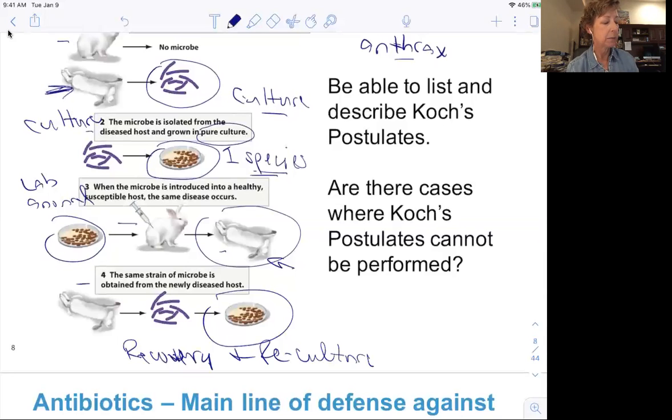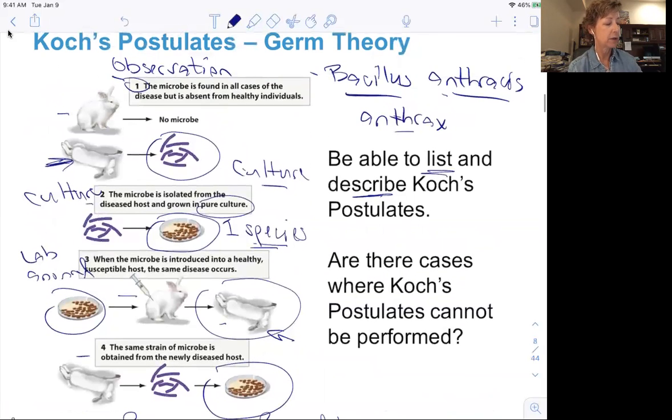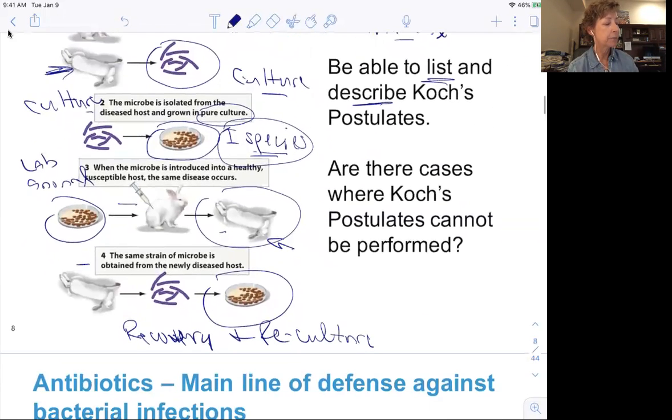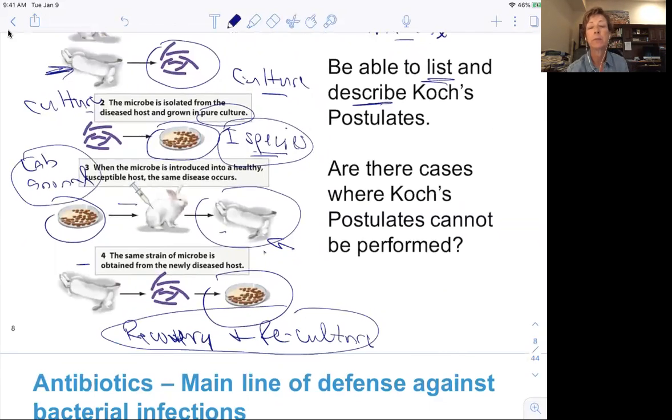So when I say be able to list and describe Koch's postulates, this is what I want you to be able to do. You first off have made that observation and connection of a specific description of the disease, and you've seen the organism in the tissues and so forth. You get a pure culture with one species, you do your experiment in your lab animal, and then you reculture the same organism from your experimental animal. So I think it's obvious that this is a really important series of steps to connect a microbe with disease,